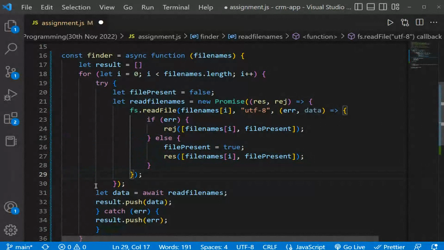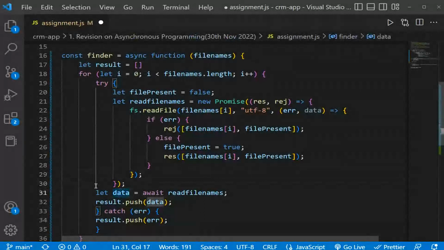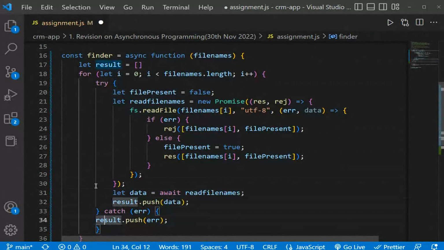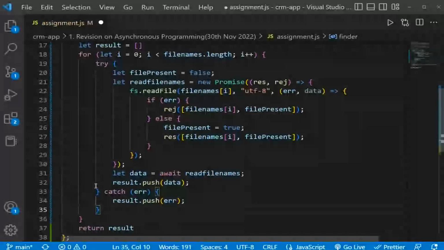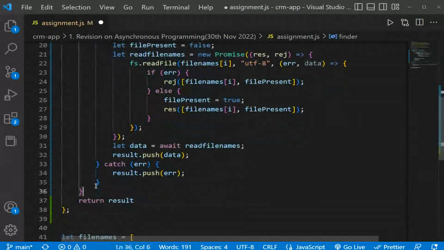Now, what you do is read file names on i. Data is this. So data gets saved here. Result dot push data. Result dot push data. And now I can just do return result. Seems to be correct.